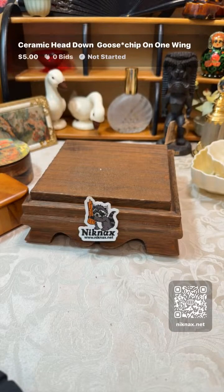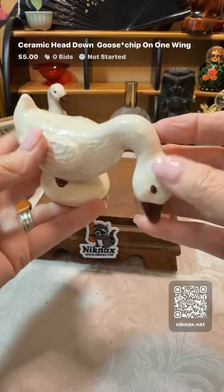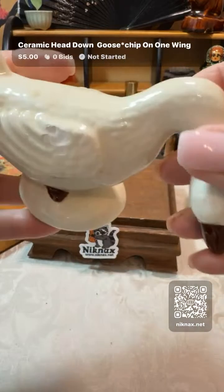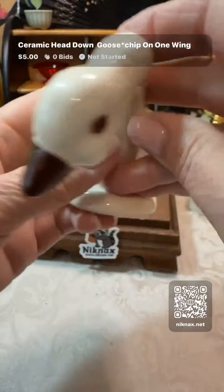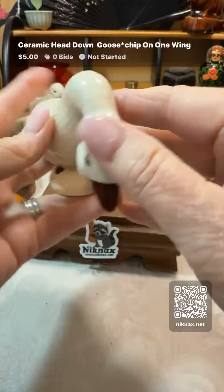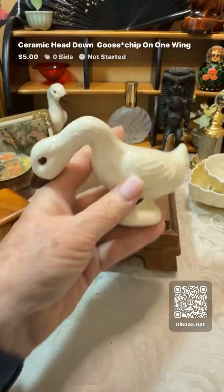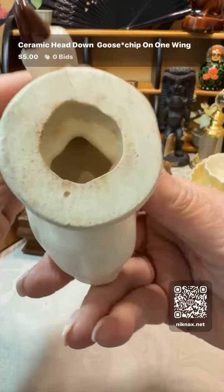All right, this next item is, these reminded me of the Rio Hondo hounds and animals, but they don't come up as that. But I just love the contrast between the cream and the brown. I did put on here, this one has a chip on one wing, but otherwise is in great condition. There are two here, so there is a pair. If you wanted to keep them together, that's why I put them both in. So this one's going to start at 5 and it's running. Beak all there, not marked,